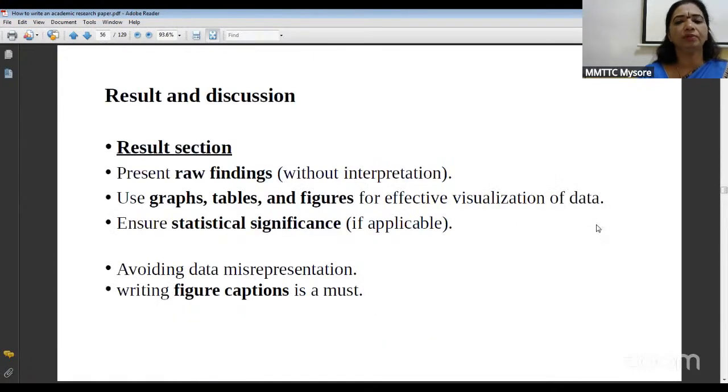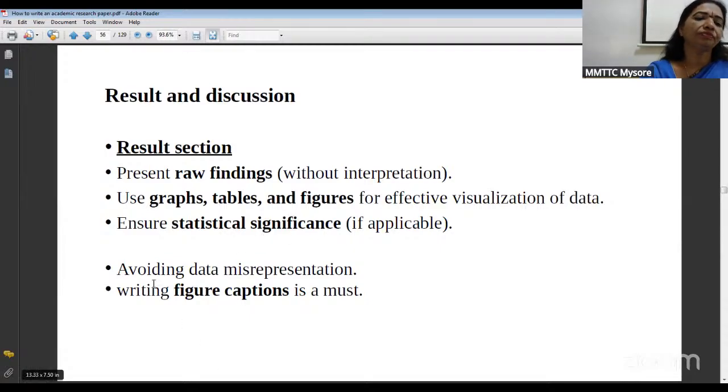Now let me come to the results and discussion. In the results section, we have to present raw findings without interpretation. We should present whatever result we have got without meddling with it. For presenting the raw results, you should use graphs, tables, and figures for effective visualization of the data. And after presenting these in graphs, tables, and figures, you should also explain it in words, and ensure statistical significance. So whether you are getting any errors in this, whatever the findings, all these things should be